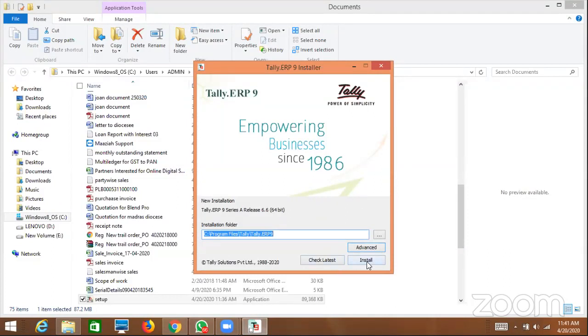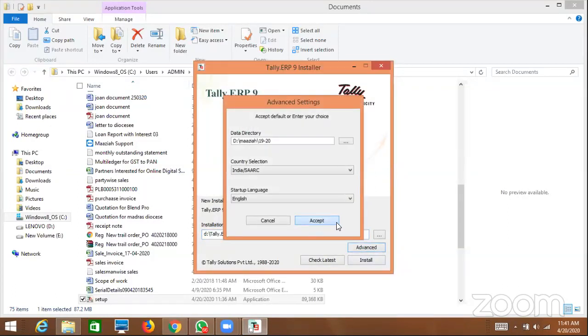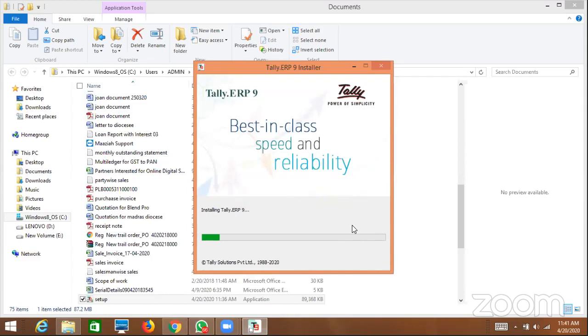I'll just do the installation now. I'll put it as D drive. Okay. I'll change the folder to 6.6. Then I've already given this. I've given. So the installation is happening now. Once the installation is completed,